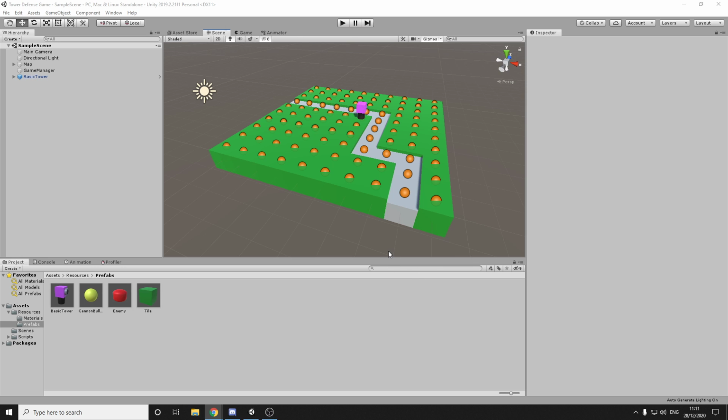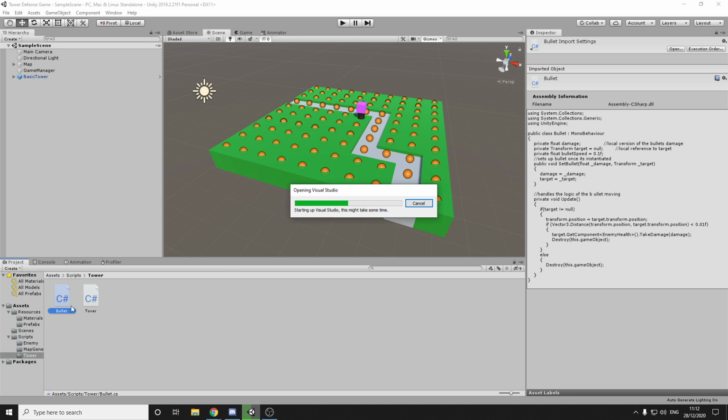Stream. Today we'll continue where we left off yesterday on Saturday, and that is going to be basically trying to get the shooting to work properly, and then display health above our game. Maybe even add some kind of an end game condition, so we lose as a player. So if we go into scripts and we go into tower and we open the bullet script,